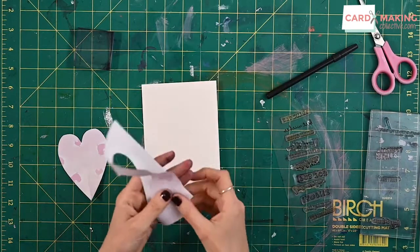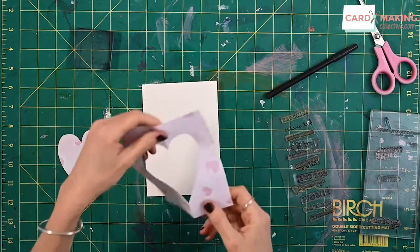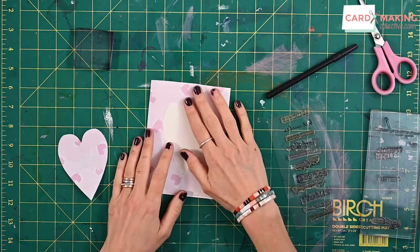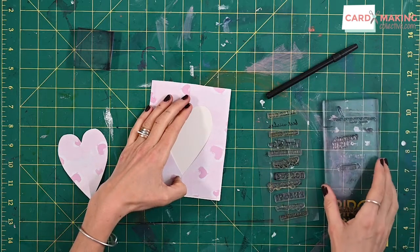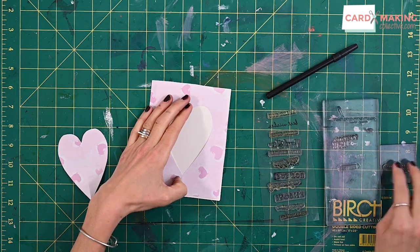Now I've just cut out a heart just by folding a piece of paper roughly the same size as my card in half, and I'm laying it down on my card. Now you might want to stick yours down, or you might just want to hold it, like I'm just going to hold it today. And then I've gone through my collection of stamps and chosen my nice small script stamps,